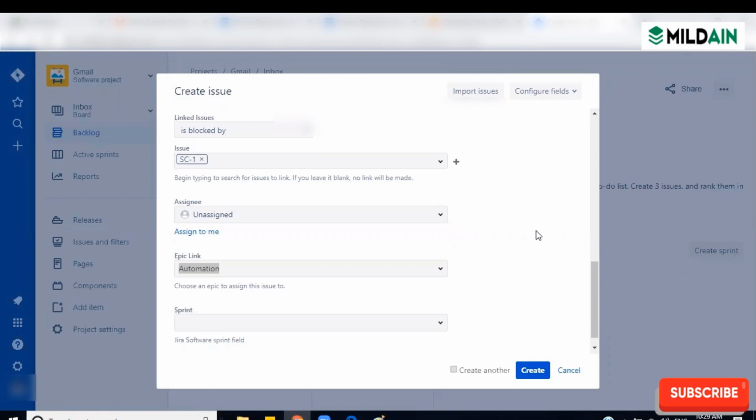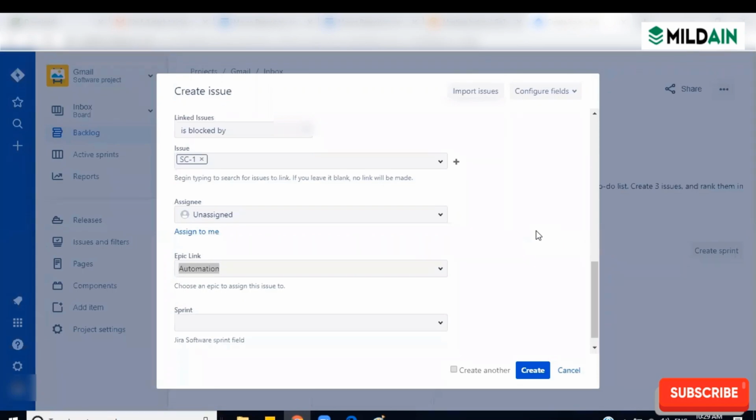Then what you can do, you can filter your stories based on the label. So let me filter all the stories from manual testing. From there, it will be easy for me to pull the story I'm looking for. I know that that story belongs to manual testing. I know that the story belongs to development. Like that, you can have some labels,